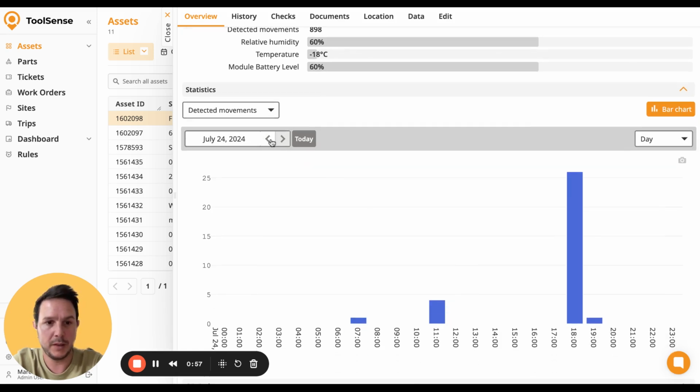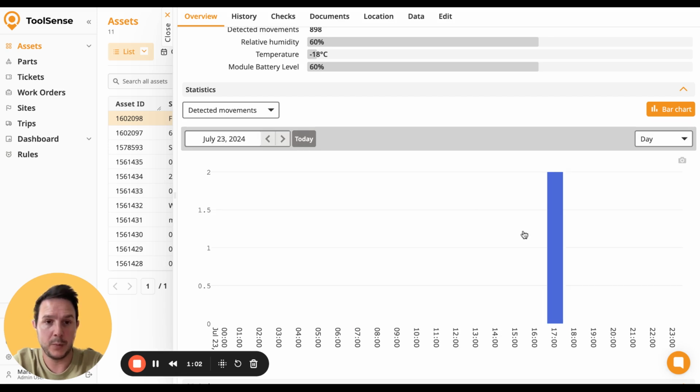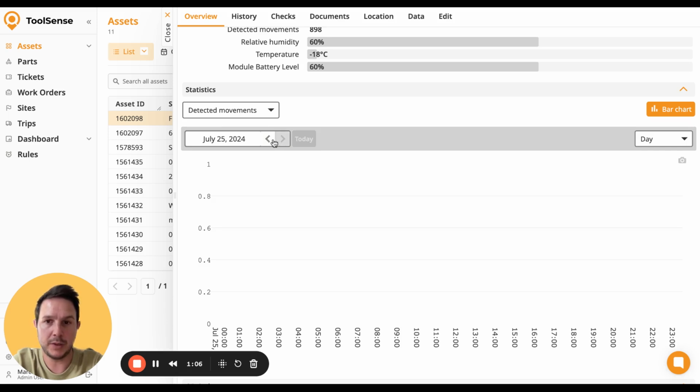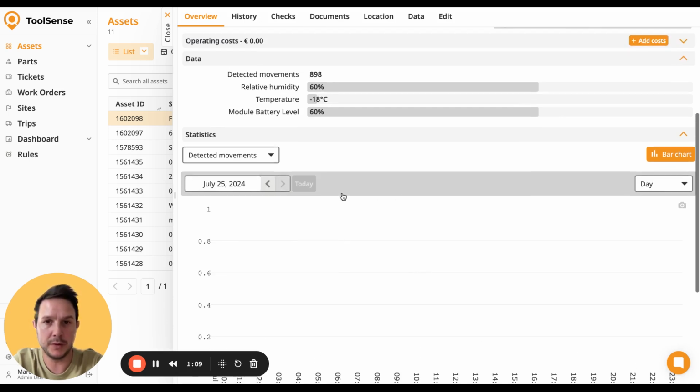So ideally, if we have a sending interval every hour, because it's always connected to a gateway, we can see when movements are happening. So we'll also see when there are no days with movement, so the asset hasn't